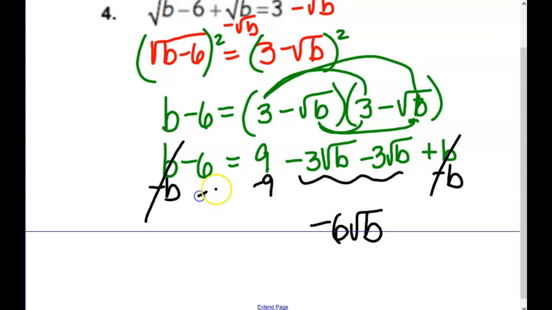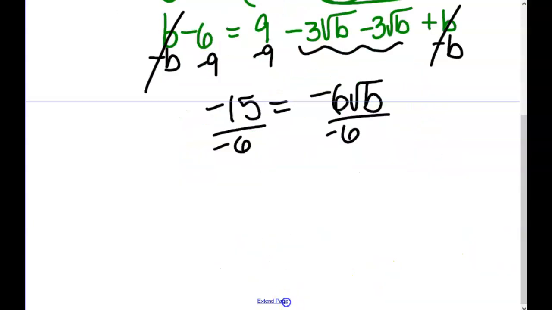You can write it twice if you need to, but I got negative 15 equals negative 6 square roots of b. You could square it now, but it will get messy, I think. What would be a better thing to do? Always think with your Algebra 1 brain. Yeah, divide by negative 6